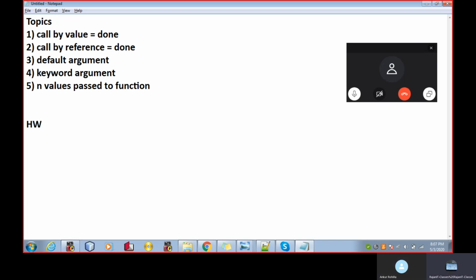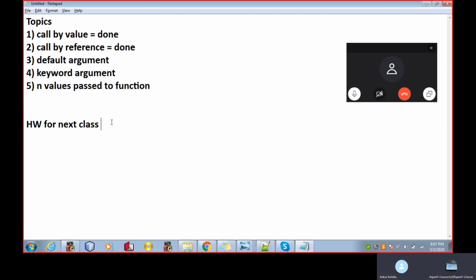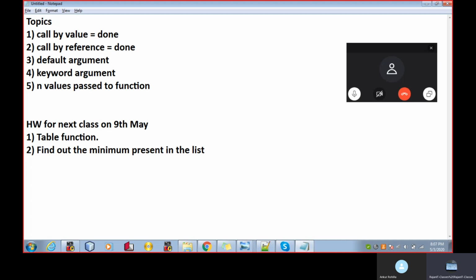Let me give you the homework. Your homework for the next class, which will be on 9th of May, is to make the table function, to find the minimum function, and to find out the maximum present in the list.